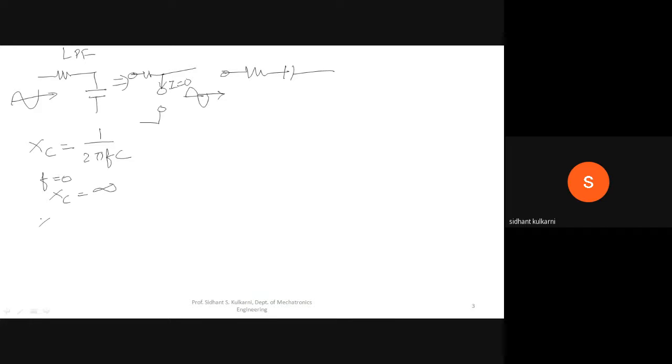If I consider another value of frequency, let's consider frequency as infinite. If frequency becomes infinite, XC will become 0. So when XC becomes 0, the same circuit can be written as R in parallel with the short circuit. If R is in parallel with the short circuit, all the AC component which is present here will be bypassed to the ground and nothing will go from this point onward. And we can say that only low frequency component will be passed. So only low frequency component will be passed to the op amp or transistor. As it is allowing only low frequency components, the name of the filter is low pass filter. That's it. Is it okay?